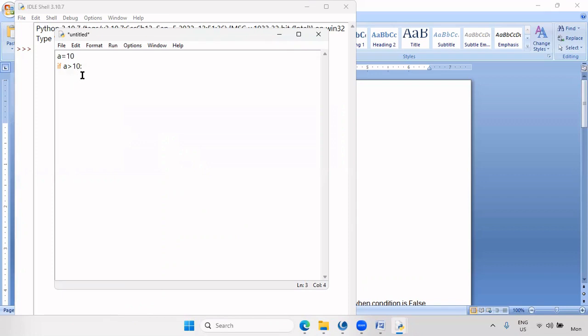The cursor goes there when I press enter after a colon. That is to help the programmer. If you don't press enter, you have to indent by pressing the tab key, on the left side above caps lock on the keyboard. Then say print. Output in Python is